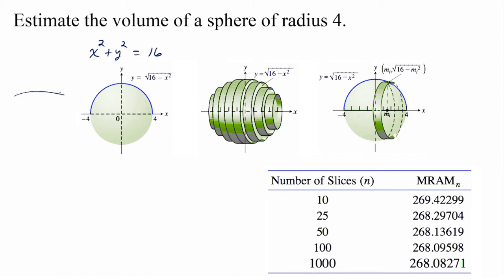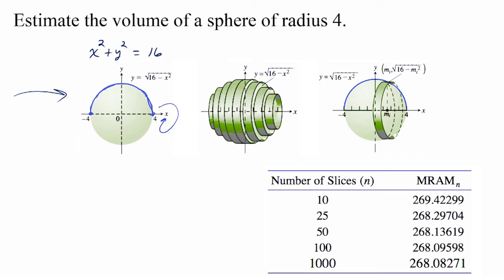Looking at our first picture, if we take the x squared plus y squared equals 16 equation of a circle centered at the origin with radius 4, solve that equation for y and choose the positive root, that gives us the equation y equals the square root of 16 minus x squared, which corresponds to the top semicircle, the top part of the circle, from negative 4 to 4. Now imagine rotating that arc, rotating that curve around the x-axis, and doing so it would then form a sphere